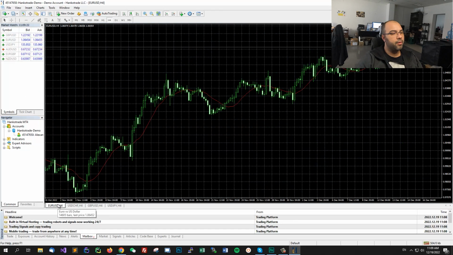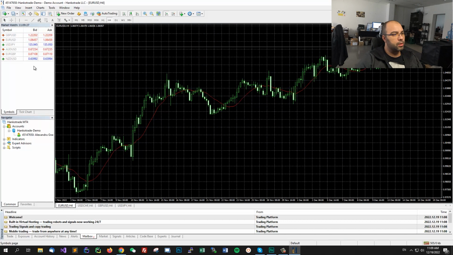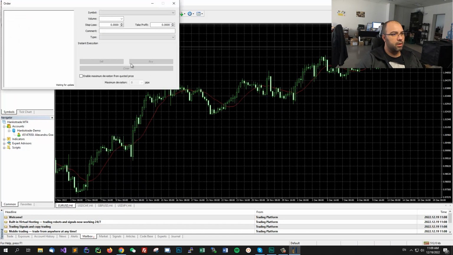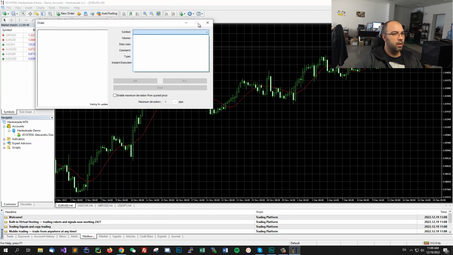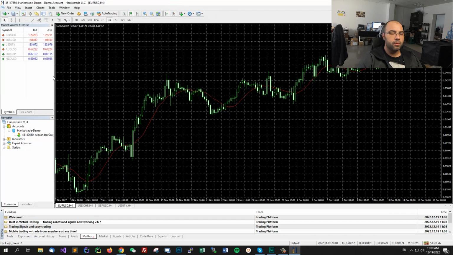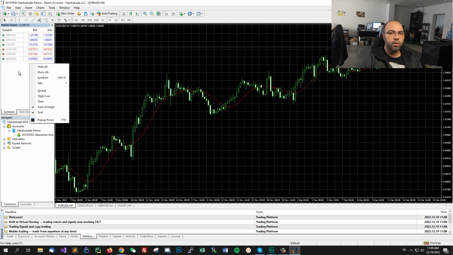One more thing you have to do with Hanko Trade is to make sure you have the right symbols shown right here, because by default you have the grayed out symbols, and if you are not paying attention, you will say that the platform is not working or something like that. You'll see that if you try to place an order, there's no symbol right here. And there are 2 options to show the other symbols. It's either show them all and you will see all the symbols, or go into the